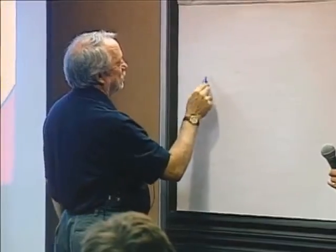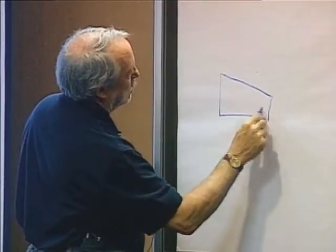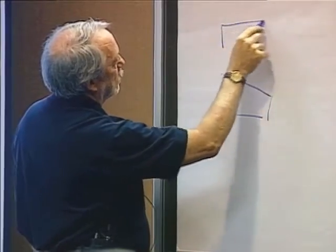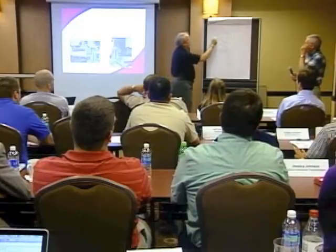Okay, let's see if I can do this. You've got a pulley here, and then down the way somewhere, you've got another pulley, and they're shaped somewhat like that. You put a belt on here,